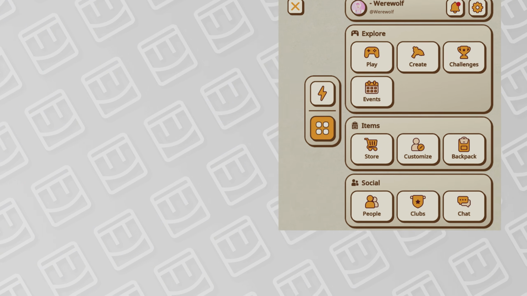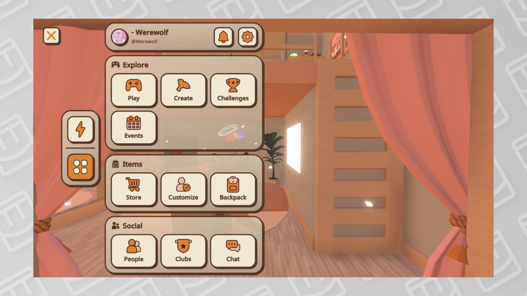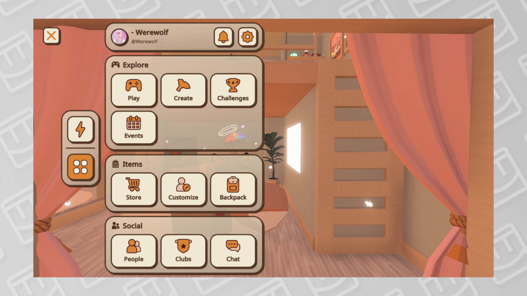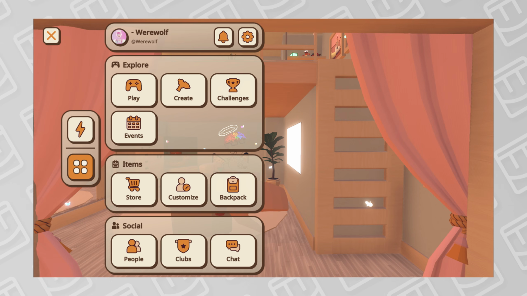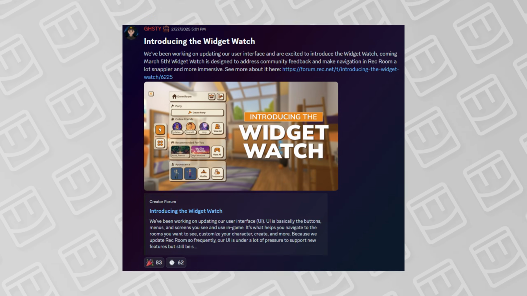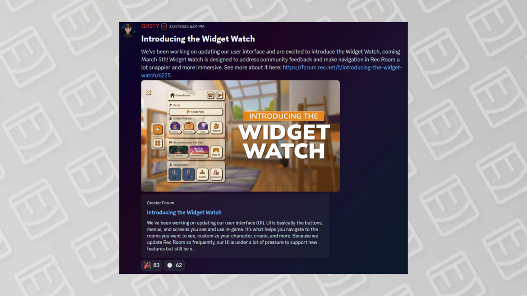The Watch UI also appears more to the left of your screen than in the middle of it, which is pretty unique, though it could take a bit of getting used to, and I can see some people not liking this. If you want to know more about the Widget Watch, I'll link the blog post that Rec Room made about it down below, so I'd recommend giving that a read, because next I want to talk about